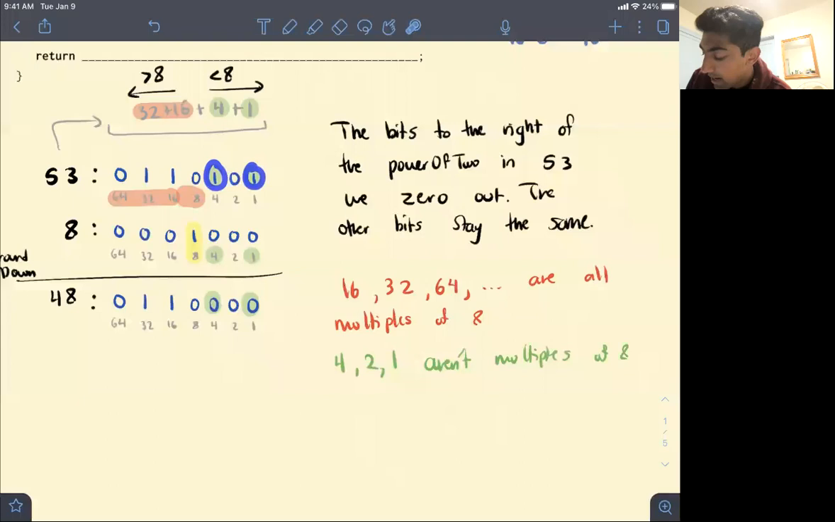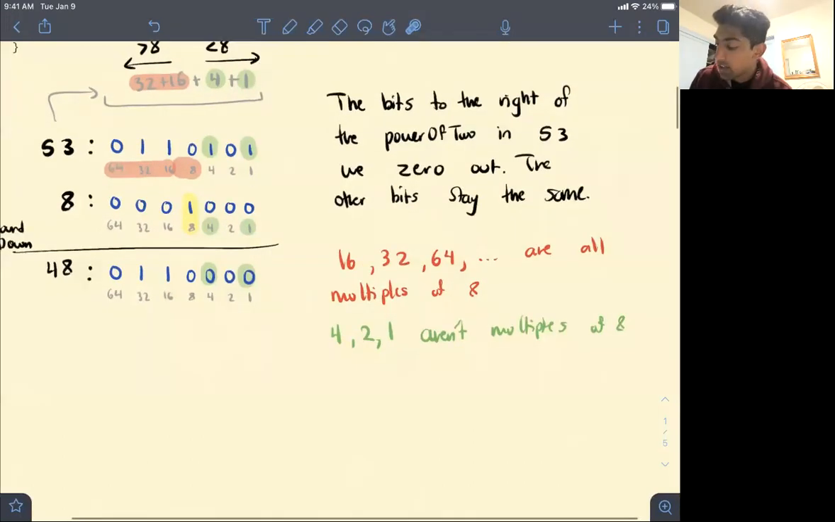By having a 1 at any of these spots, we know for a fact that that number isn't a multiple of 8. So all we need to do in order to take any number and round it down to a multiple of 8 is look at all the bit positions that are smaller than 8, like 4, 2, and 1, and zero those out, okay? So that's the main idea here, that we just need to zero out the bits for the positions that are smaller than 8. In order to do that,